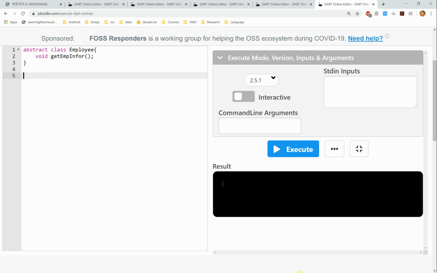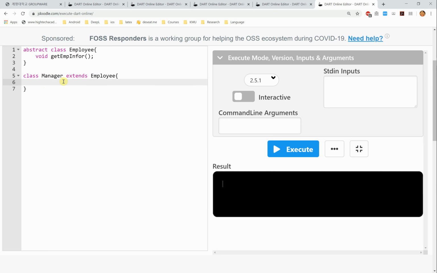Then we can have class Manager. Remember that at this point you can see that when I'm creating a class, I'm using a capital letter to name my class at the beginning. So I can say extends Employee,